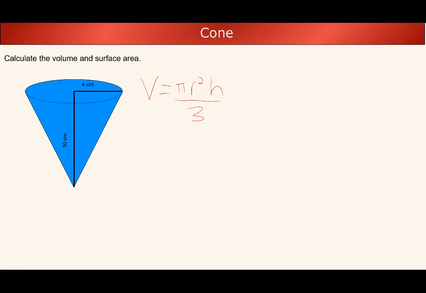That divided by 3 is because instead of coming up like this, it goes into a point. And we'll just focus on the volume of this shape right here. So pi times 4 squared times 10 divided by 3. Pi times 4 squared times 10 divided by 3 equals